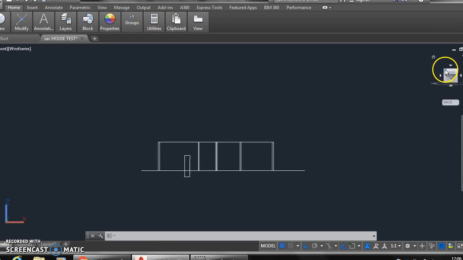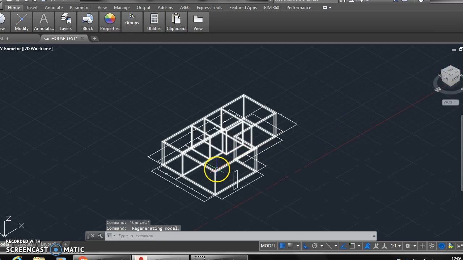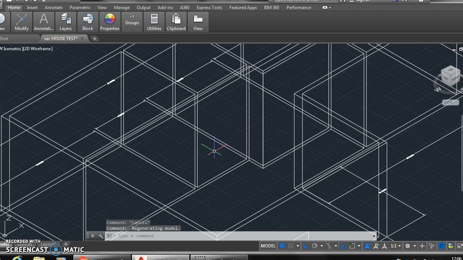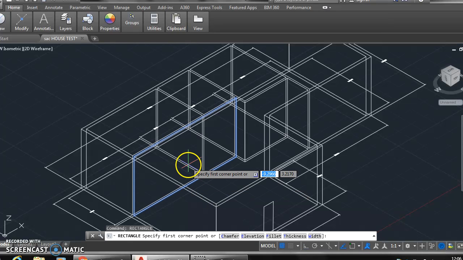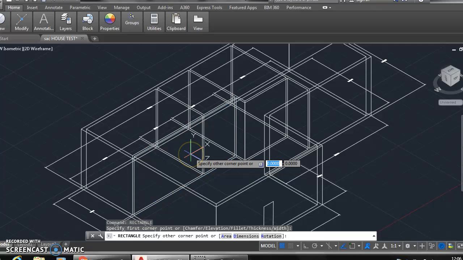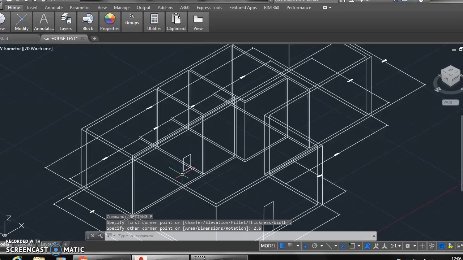To get the other doors, we're literally going to have to do the same thing in each phase. So, once again, it's going to get really complicated. Let's try to figure it out and see if we can do it here. So the next one is probably going to be this one right here. So once again, we're going to type rectangle, and we're going to pick this face right here. When we pick this face, we're going to click, and we're going to type in 2.6, and that'll give us